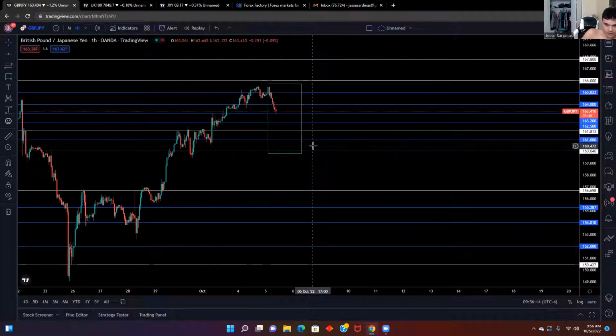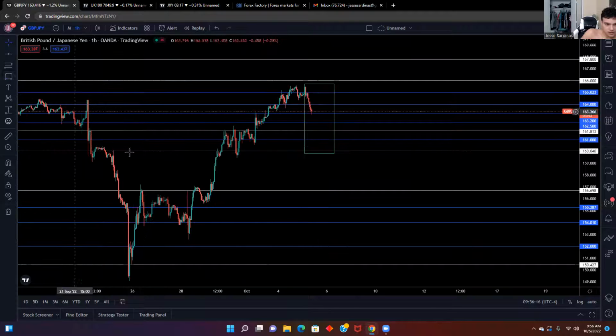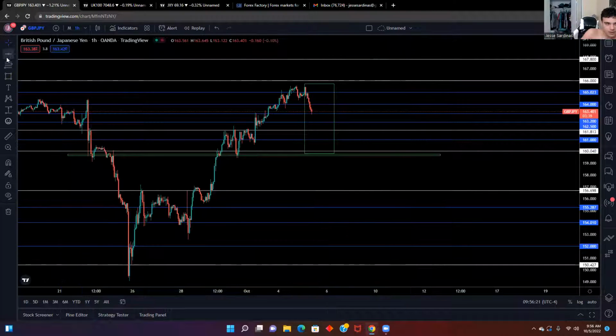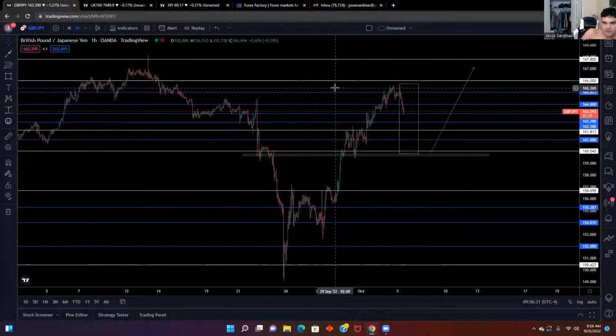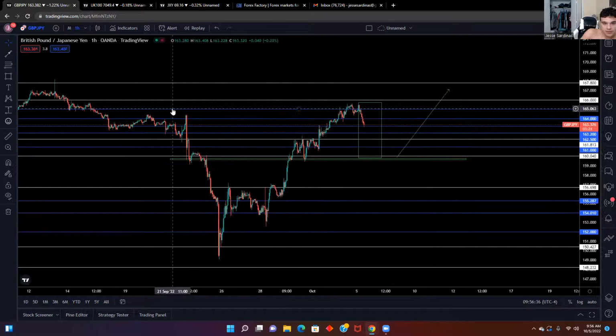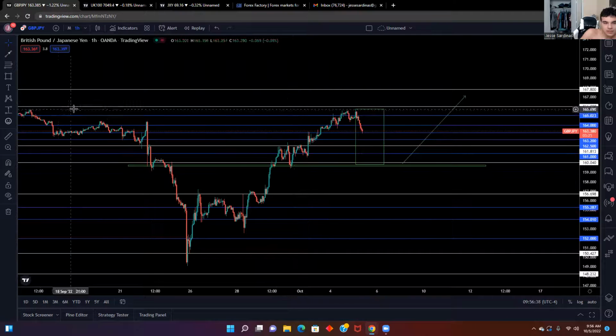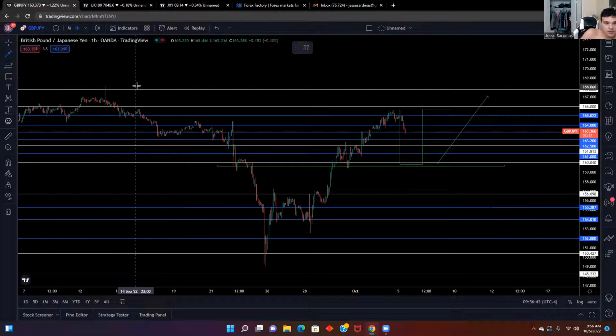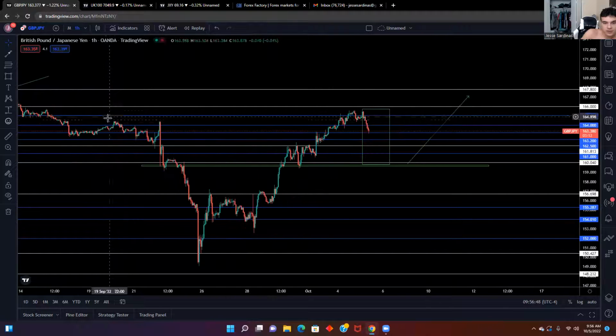And even if we do have a pullback, I'd still be looking for areas of interest for better price points to jump in on buys. So even if we do have that pullback and we don't break areas of interest, we can still play those buys and have that range back up to these new highs. Actually, these are not intraday highs. These were our highs that we reached in September here. So I do think there is liquidity here that we should be grabbing.